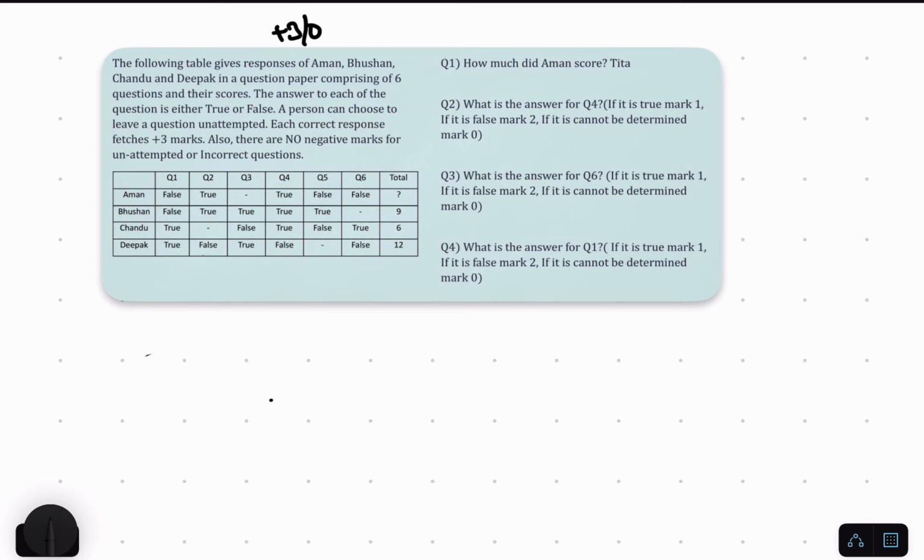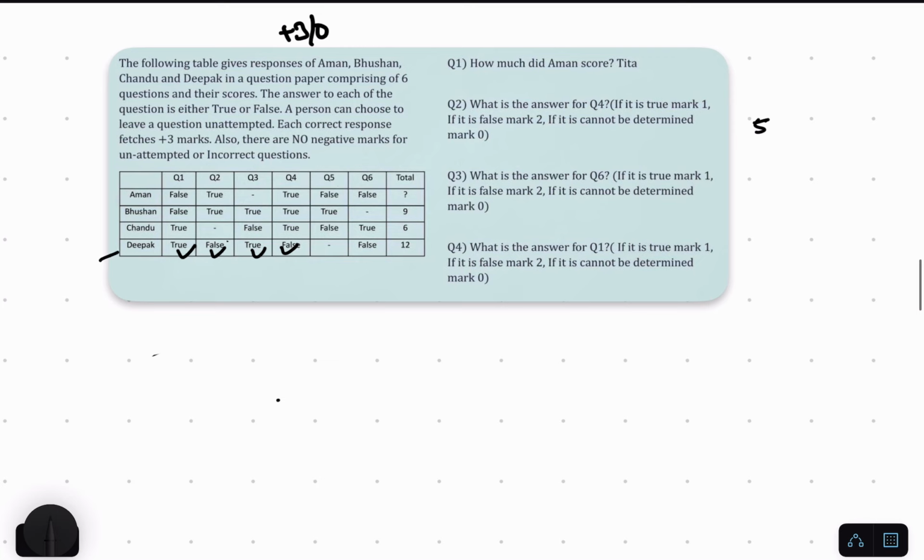We always start with the person who scored the highest marks. Had there been any person with all 5 correct, then we would have taken all his marks as correct, and then we would have checked and easily gotten the answer. But since one is not given over here, we have to make cases. So first case, we'll suppose it is the first 4 answers. How many cases will be made? Out of 5, Deepak's 4 choices need to be correct. So 5C4 means 5 cases will be made, and based upon these cases we have to check for others.